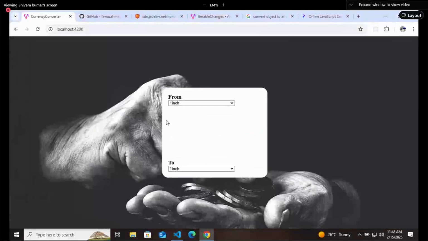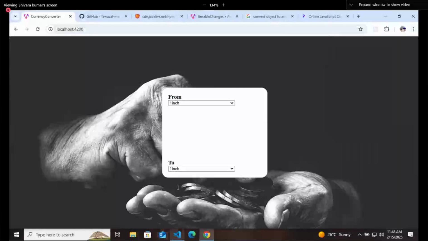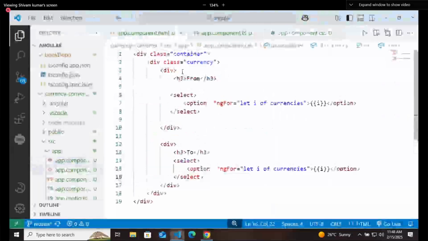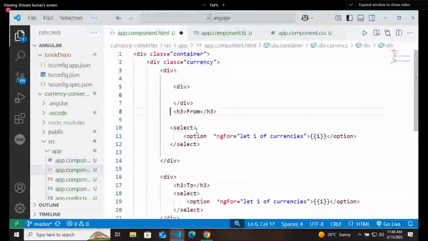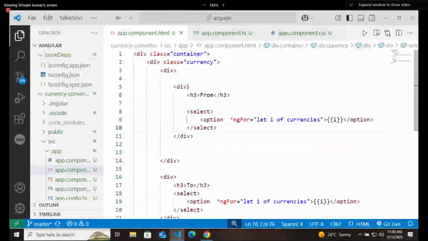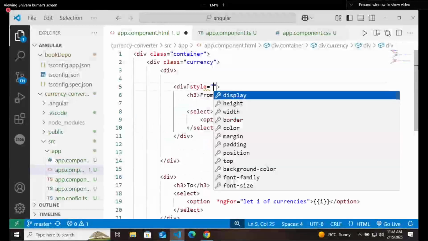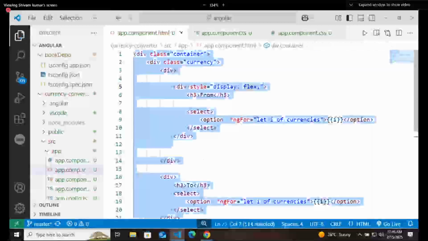You need to attach an input box. For that, this from and this particular part should come in the same line. For that, I will create a container and keep these two things in the same container. To this, I will write a style that it is displaying flex.